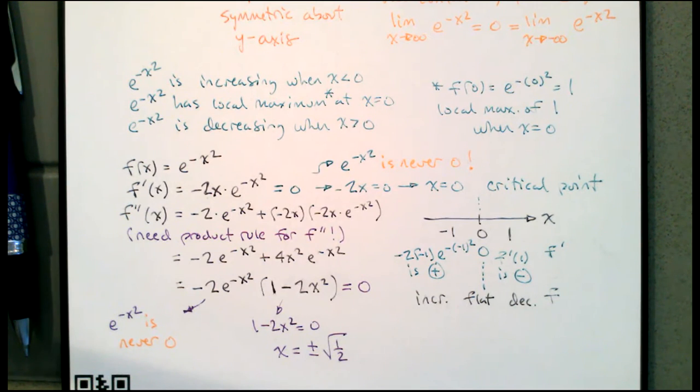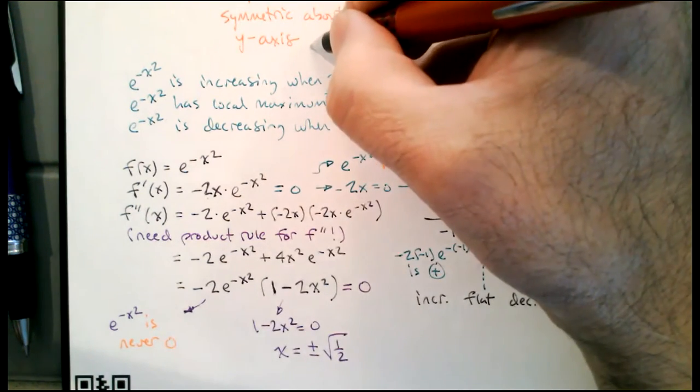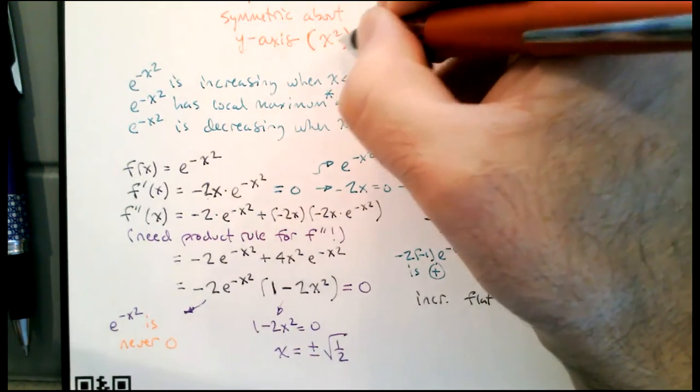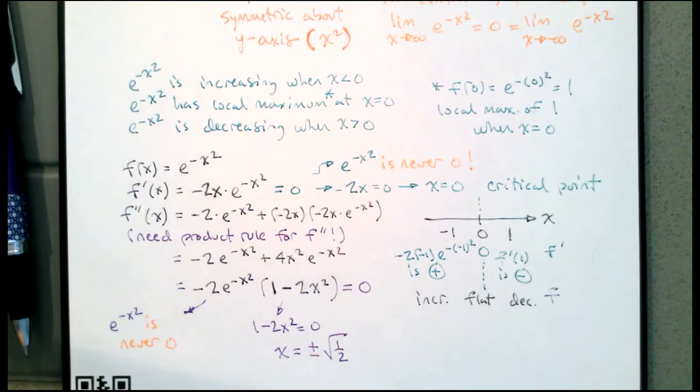Speaking of the symmetry, this result also highlights why the graph is symmetric in the first place. When we look at the equation e to the minus x squared, all the inputs get squared. The first thing that happens to them is that all the x's get squared. All the negatives become positives. So the reason that we get symmetry about the y-axis is the x squared. The x squared part is why we're going to get that symmetry about the y-axis. Negative 2 squared is positive 4. 2 squared is positive 4.